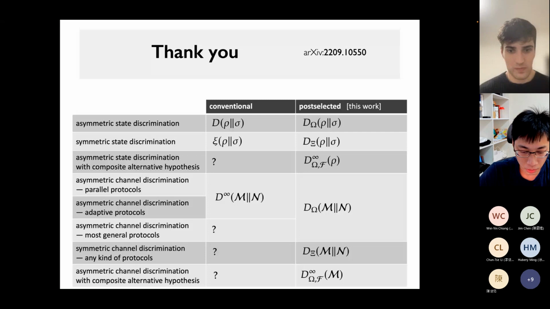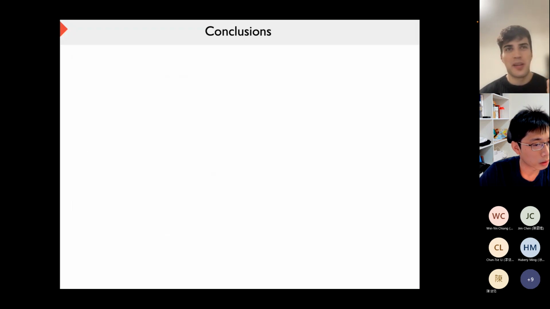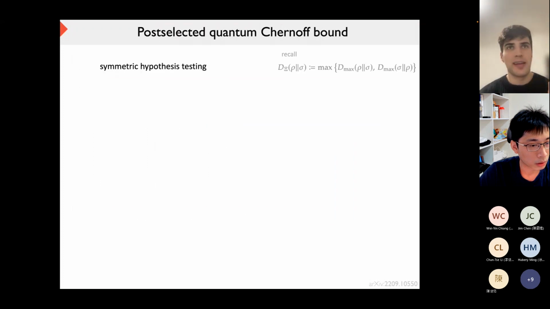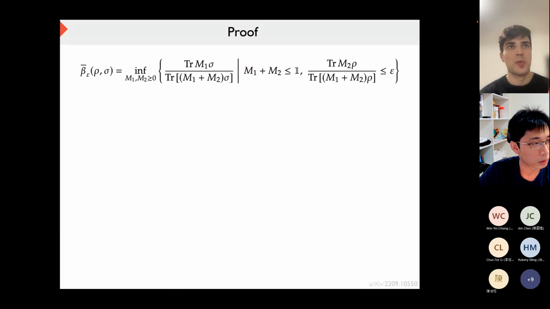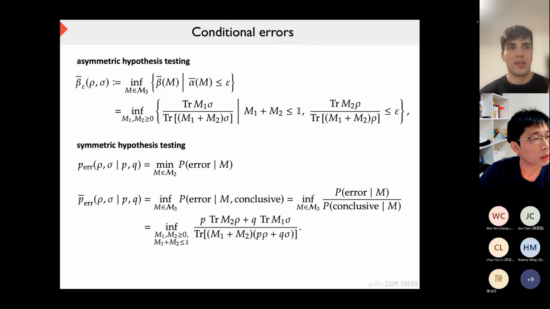In conventional quantum hypothesis testing, the Chernoff bound is actually equivalent to the Hoeffding bound. If we have a Chernoff bound, we can directly obtain the Hoeffding result, and vice versa. But here you can obtain the Chernoff bound, but you mentioned that the Hoeffding is missing. I think I know. I don't actually remember how you get the Hoeffding bound originally. However, I think I might know one problem. Because essentially, conventionally,